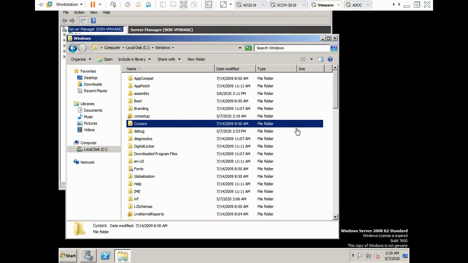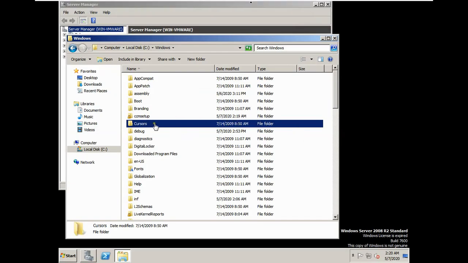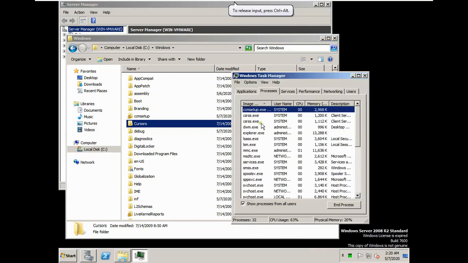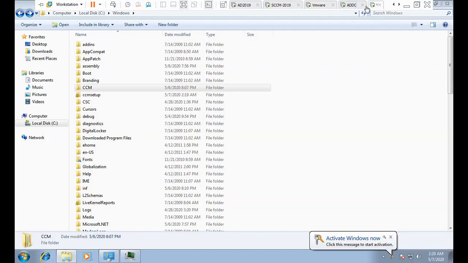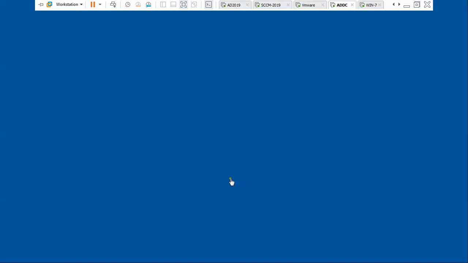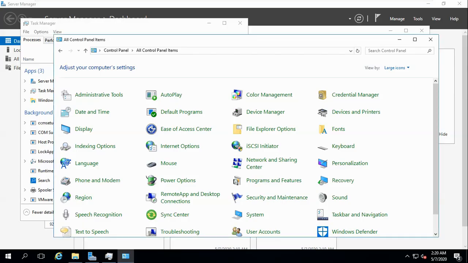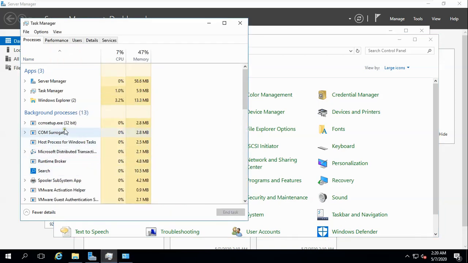If you go to this VMware, as you can see here, 2:19 and one folder came here. And if you go to task manager, CCM setup is working here. And if you go to ADDC, let's see what is happening here. Need to log in. So here let me show you. So guys, here also you can check this setup is working, and if you go to drive, you will see